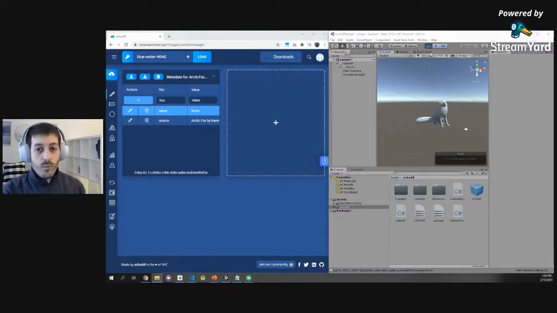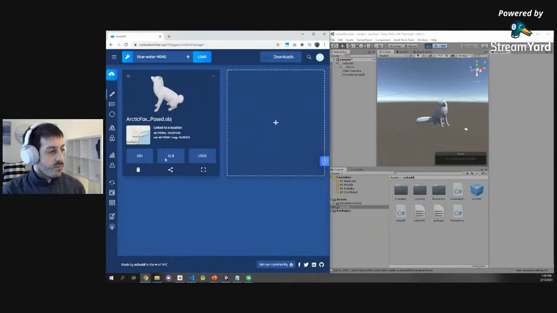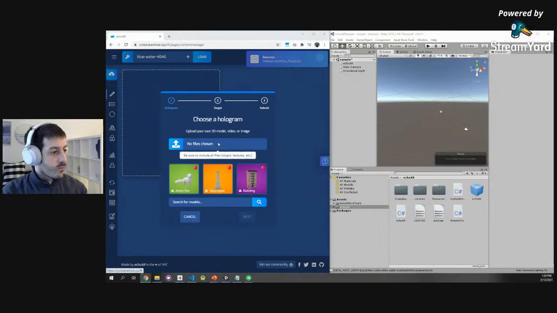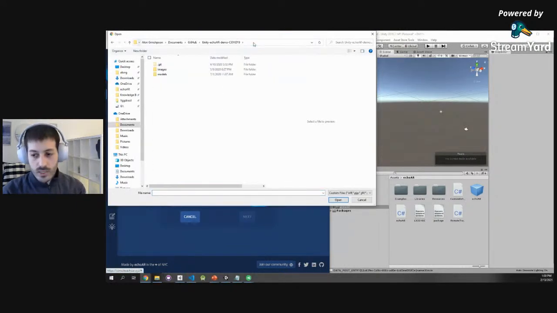Now let's transition into a more sophisticated example. I'm going to delete the fox. I'm going to upload some new content. So I have a 3D model file right here, and that goes back to the question that we had about uploading 3D models. So you can do that too. So I'm going to throw in this GLB file, which is a